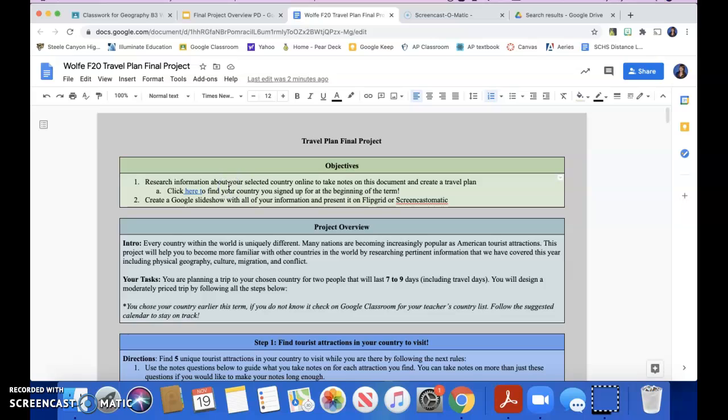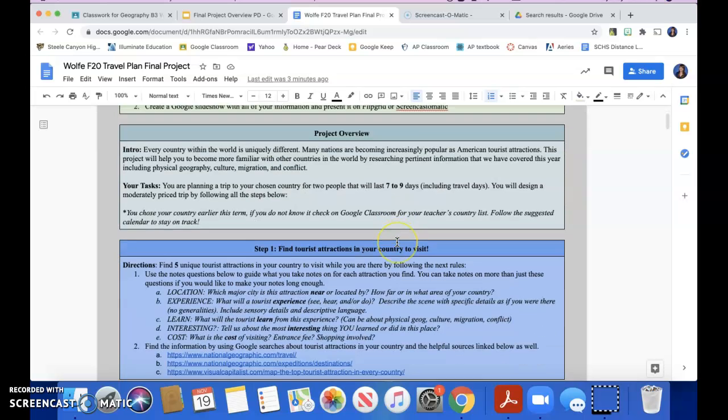You are going to do a ton of research about that country during this project. You are going to create a travel plan that will include information about tourist attractions you'd like to visit there, about the safety and security of that country, about the culture of that country, the physical geography of that country, and then you will even get to select some flights and to make a budget as if you were actually going on this trip. Remember that some students have been able to convince their guardians to take them on these trips if they do a fantastic job.